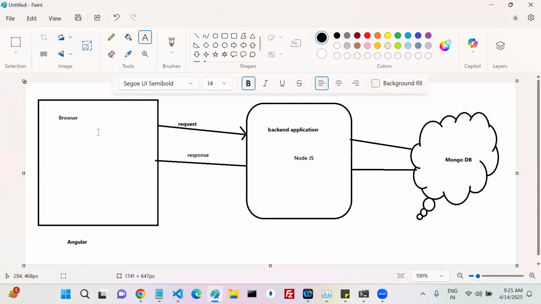So here the client is always the browser. So I can say this application is a web application. Now, how can you define a web application? Web applications are either dynamic or static. If it is static, it runs in the browser, with no DB and no backend. If it is a dynamic web application, we have a backend application to perform some operations on the DB. So my client is communicating with the server, and my server is communicating with my DB and performing some operations.